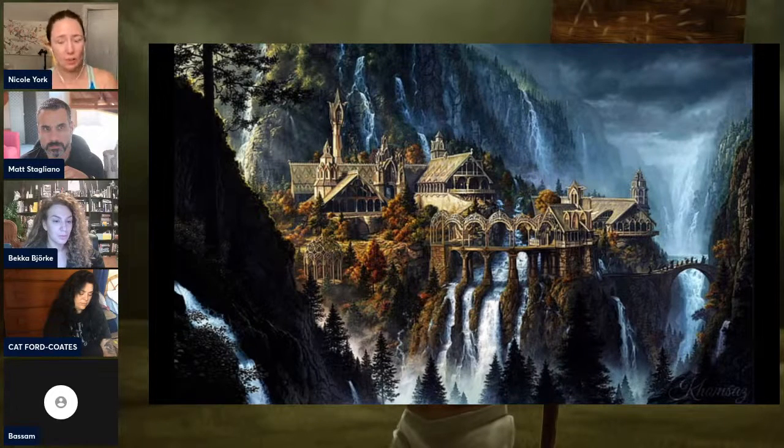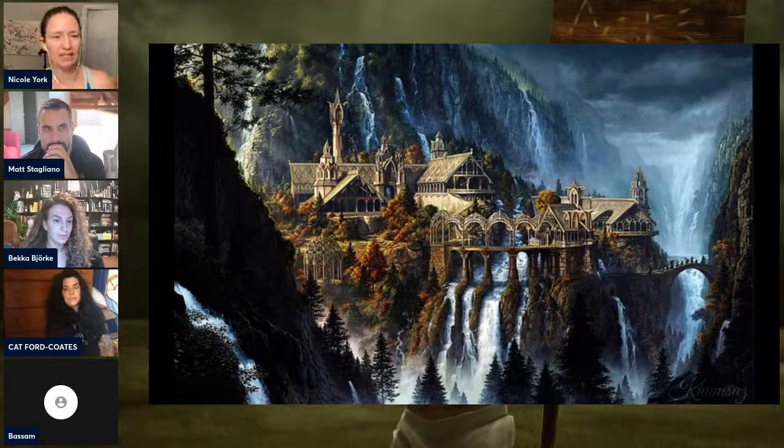So if we were to stick a person in here, what do they look like? Because they're not going to be standing here in jeans and a t-shirt and a ball cap, right? And if they are, that's going to tell us an entirely different story than if we were to look at this environment and say, what do we expect somebody from this place to look like? And how do they fit naturally within this space?